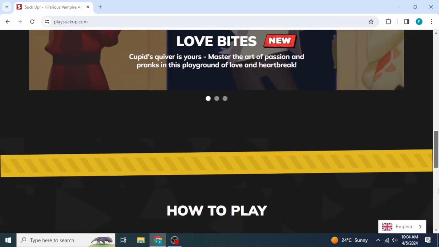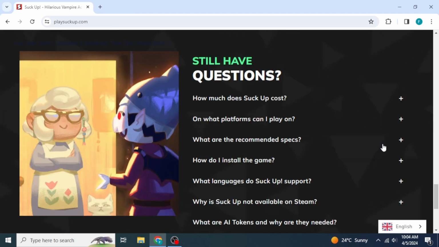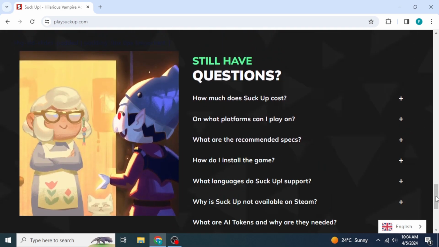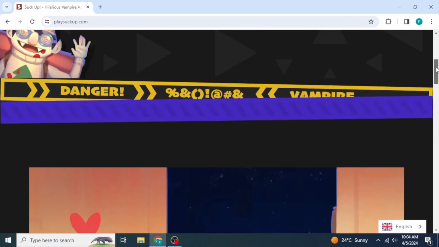If you scroll down, you will be able to see much more information about this game. If you scroll down more, you should be able to see the FAQ. If you have any of these questions, you can just click on them and read the answers. To download this game, you're going to scroll back up to the very top of the screen,